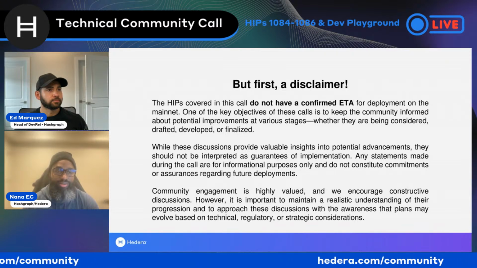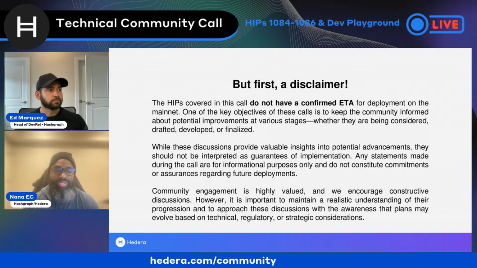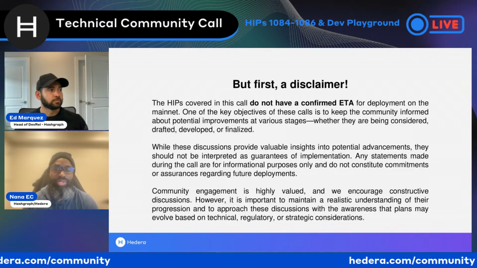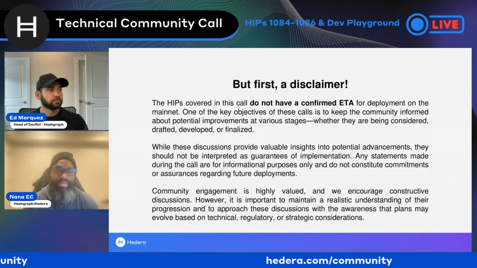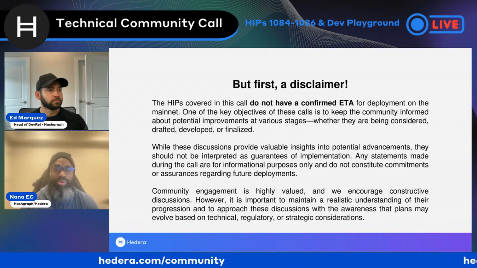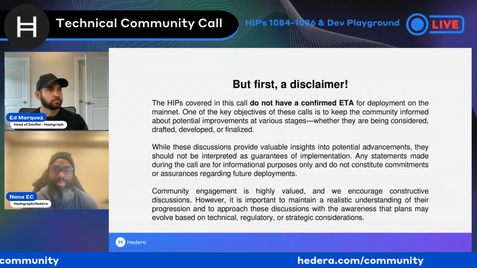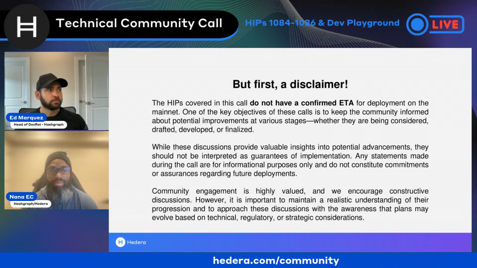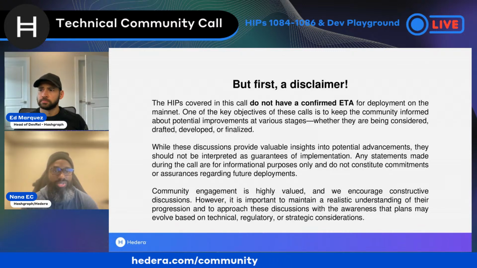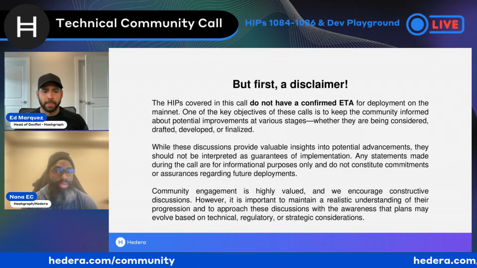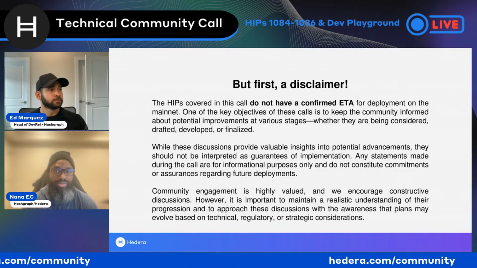One of the items I wanted to call out here is that there is a call to action, right? You as a community member can share your views. All of these improvement proposals are on GitHub, at the Hedera Improvement Proposal repo. As they're put up, you can make comments on there. You can say why you like a HIP. You can say why it might not be the best fit for you. We take into consideration all those things. So I do encourage people to follow the HIP process and share their views on that end.